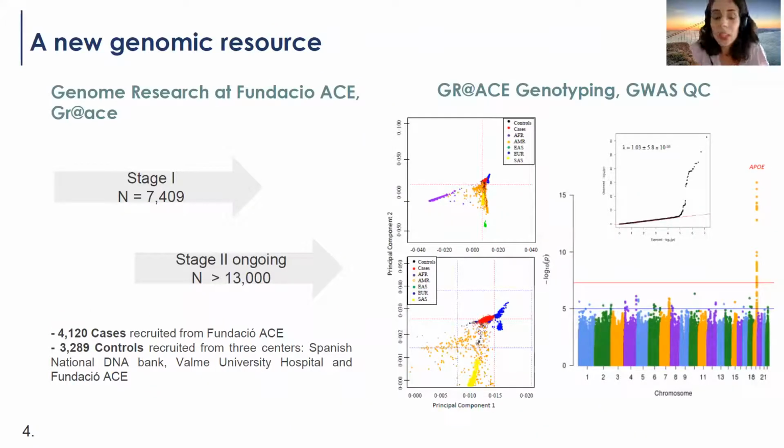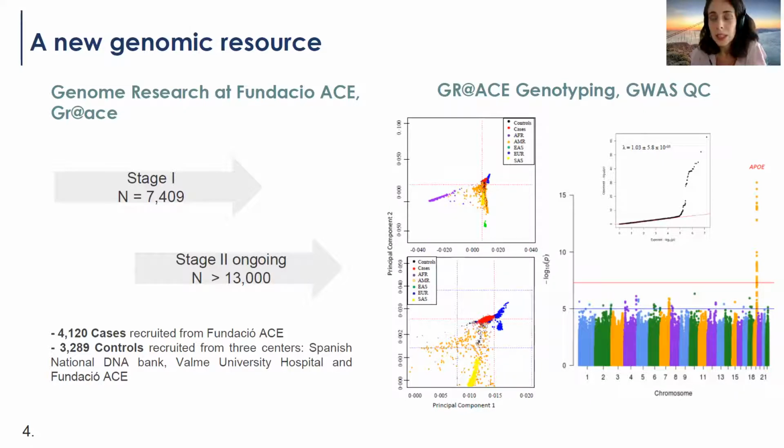Next, what we did was conduct a classical genome-wide association study. We did the genotyping, we did the quality control of our data, and here you can see our group of cases and controls, which you can find in the plot in red and in black. This is a group of individuals that match perfectly with European ancestry,